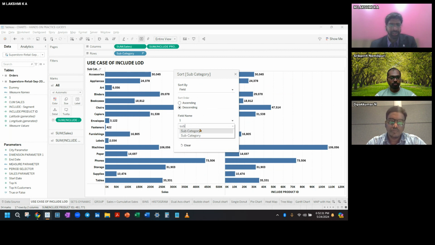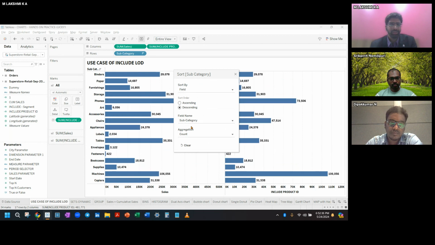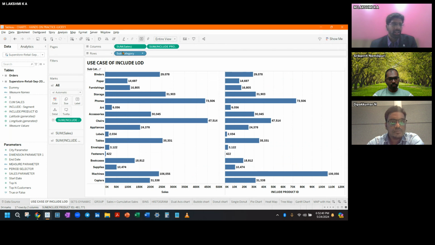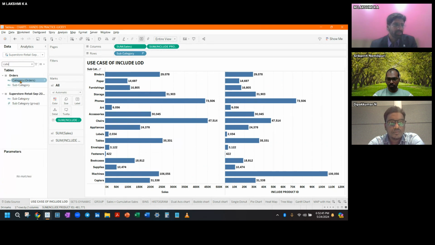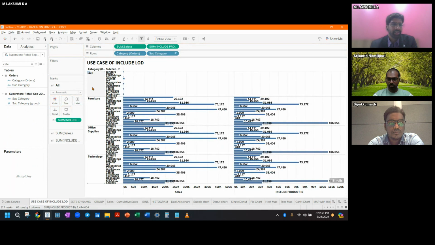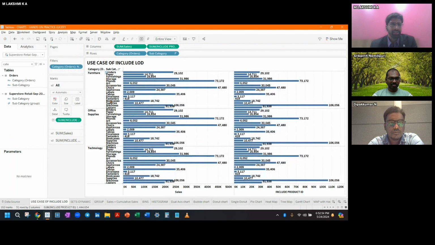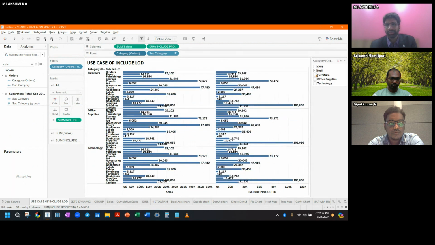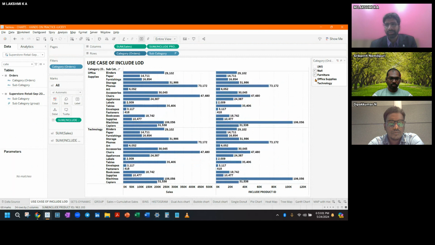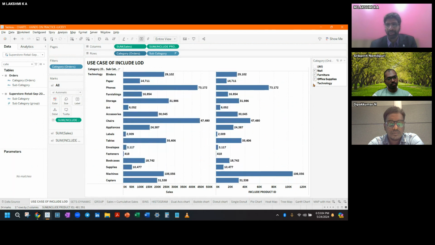Let's try that way. So the two subcategories, because we have multiple data sources. I'll pick the bottommost one, and you have it. So again, it depends. Now if I add category to this, okay, there are many nulls here. So we'll exclude this one, and we'll just put a filter on everything except one.